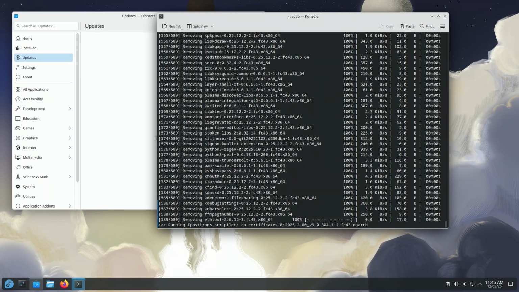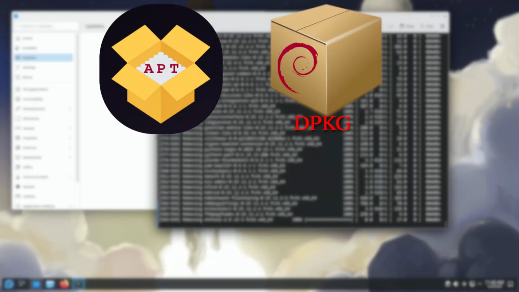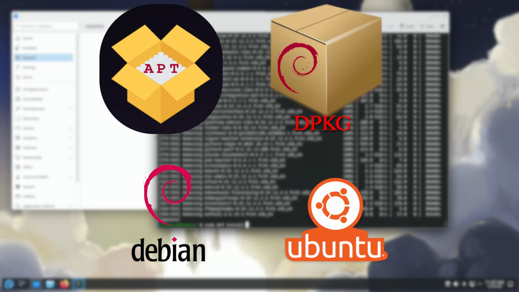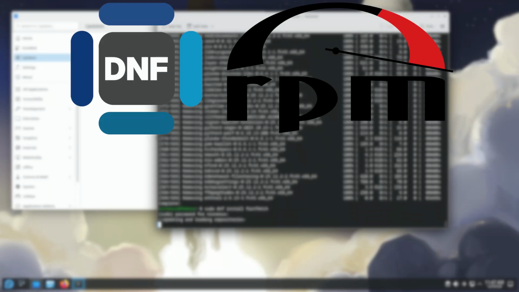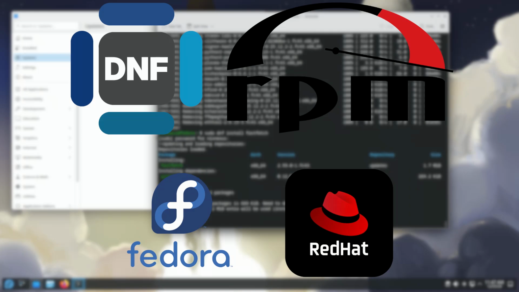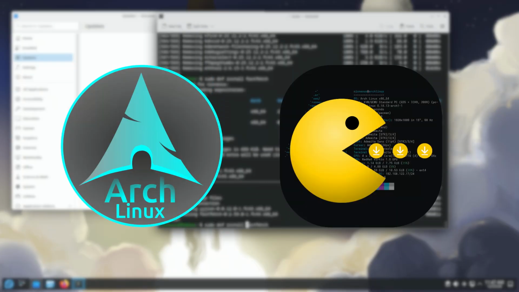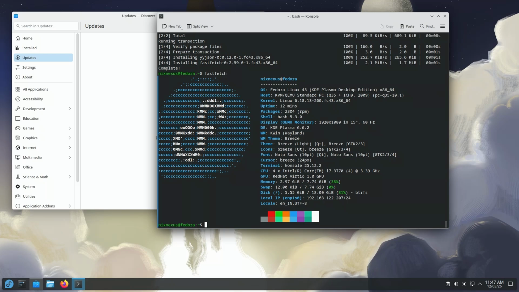As the name suggests, native package managers handle packages that are native to a particular Linux distribution. For example, apt and dpkg are native to only Debian and Ubuntu-based distros. DNF and RPM are native to Fedora and Red Hat-based distros, and Arch-based distros use Pacman. Though these are not the only ones, more than 90% of the Linux distros use one of these package managers.